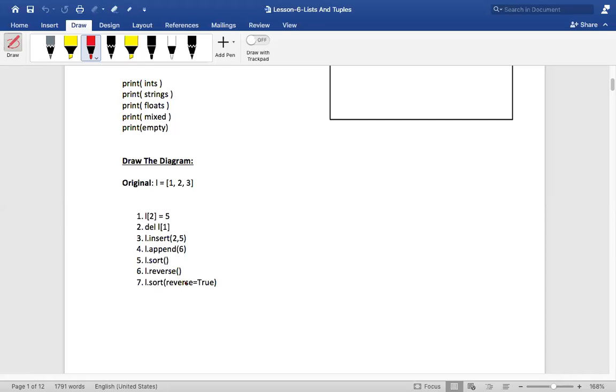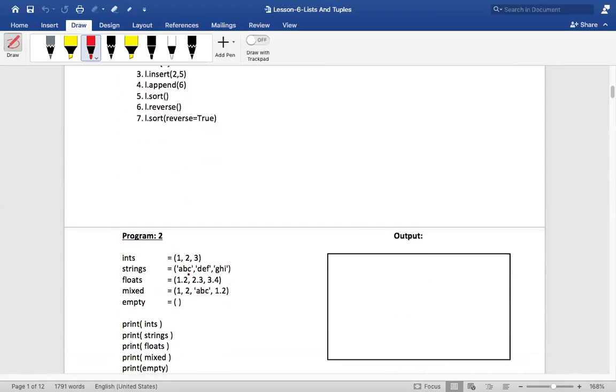When you make reverse is equal to false, when you're passing this argument reverse is equal to false, it will sort in the ascending order itself. If you want to sort it in the descending order, you have to say reverse is equal to true. That's how it works, right? Okay, cool. So I'm just proceeding further.